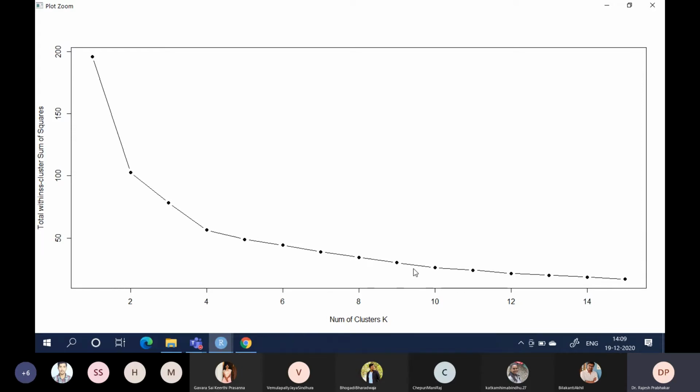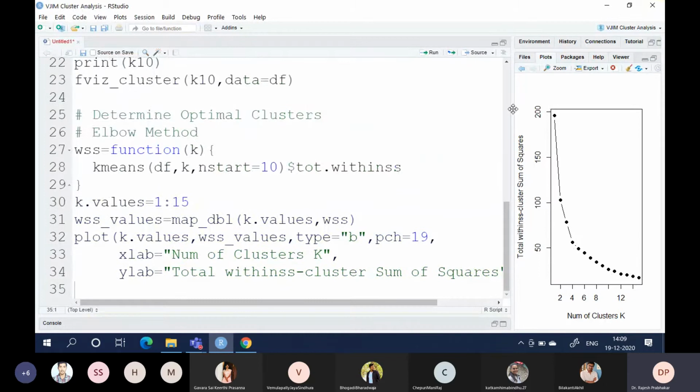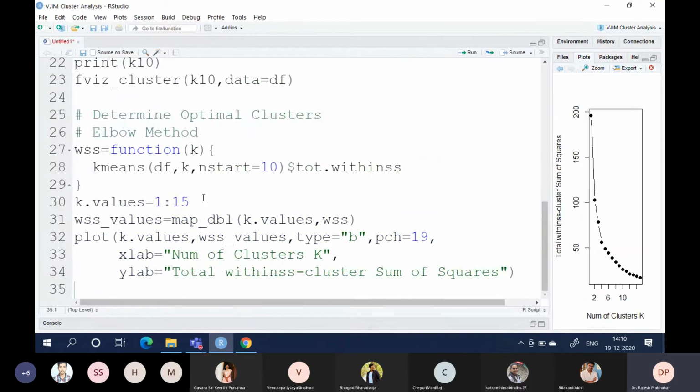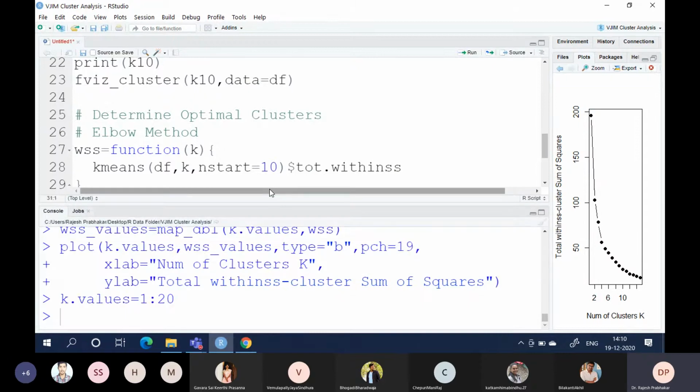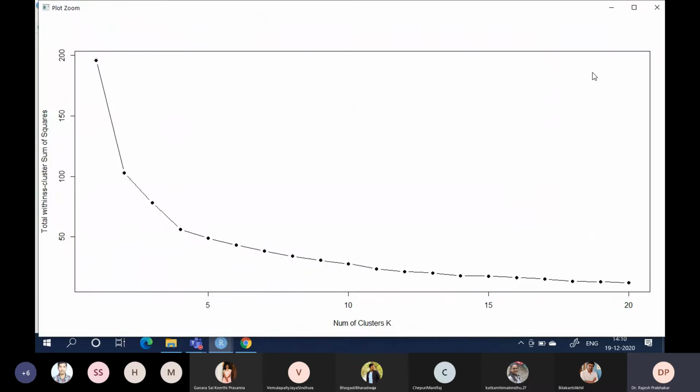See here, it is not straightening. Elbow means it should straighten. The elbow plot should straighten. It is not straightening, so we might need to increase the values of k. So let us say k values is 20. And then let me zoom and see. With 20 also there is some sort of elbowing, but actually after the third point, much of the difference is coming down slowly. I think after 15 there is only marginal difference.